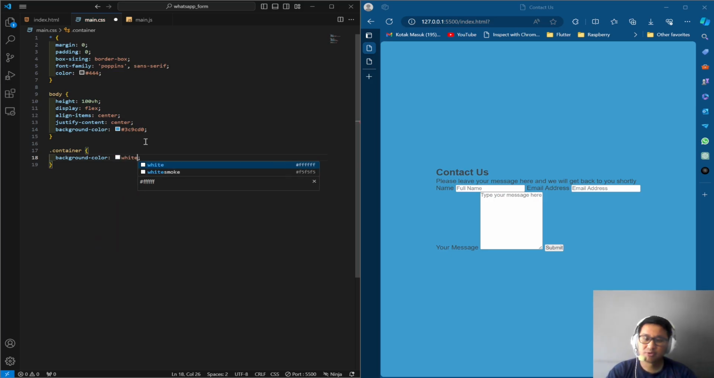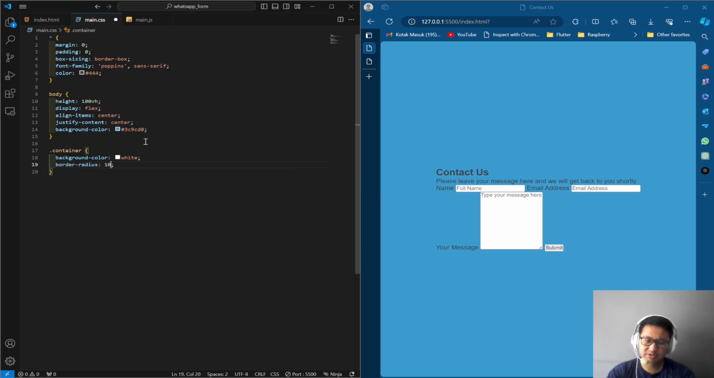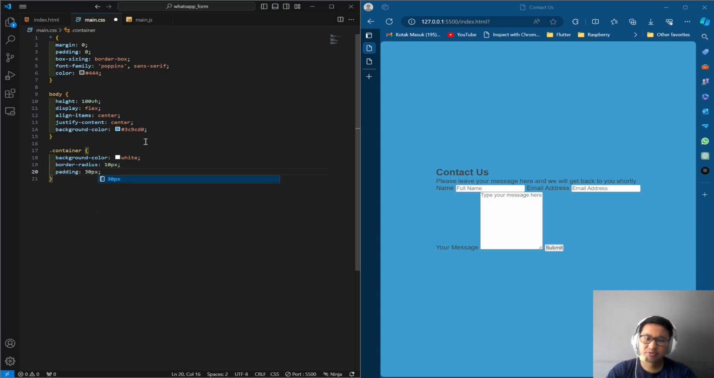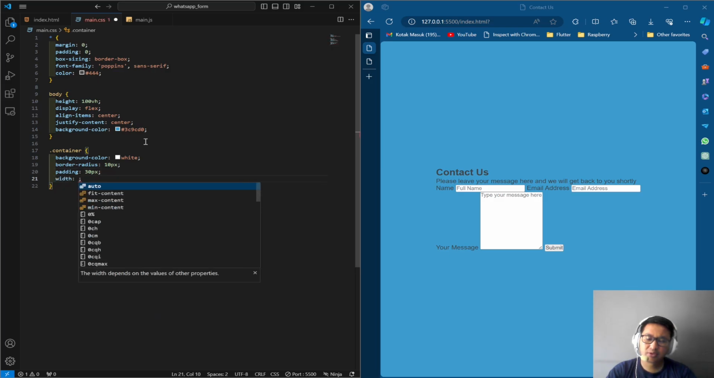Just give the white value and border radius 10 px maybe, padding of course 30, width I want to give it 450 pixels,